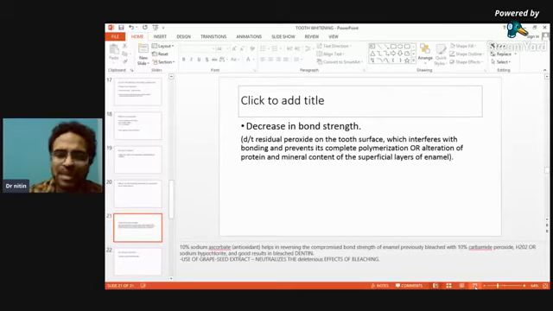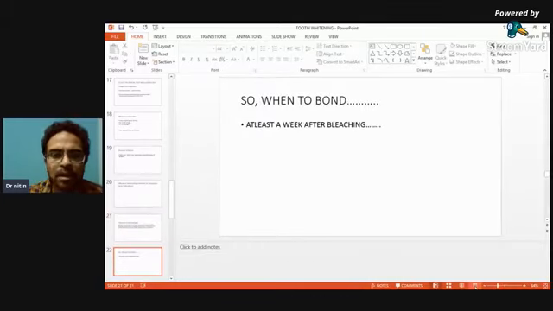And also you can use grapeseed extract, but the regular protocol which is followed is to wait for at least a week, 7 to 10 days, and after that do any bonding procedure, so that the bonding is good, because most of our restorations in the anterior are bonded, either composite or ceramic. So always wait at least a week to 7 days to go for a bonding procedure post bleaching.